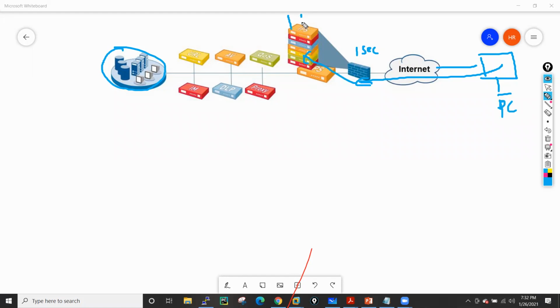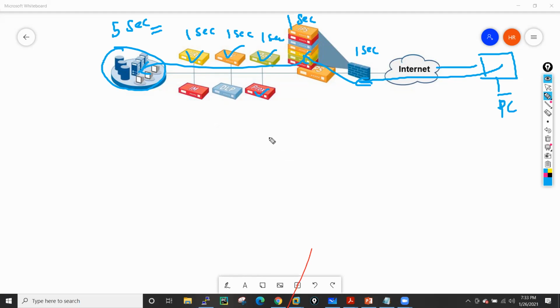IPS also takes 1 second. When this request reaches antivirus, quality of service, proxy or URL filtering, they will also take 1 second each, right? Just take an example. So to process this request, in this particular scenario, it takes around 5 seconds, right? It's just a random number.